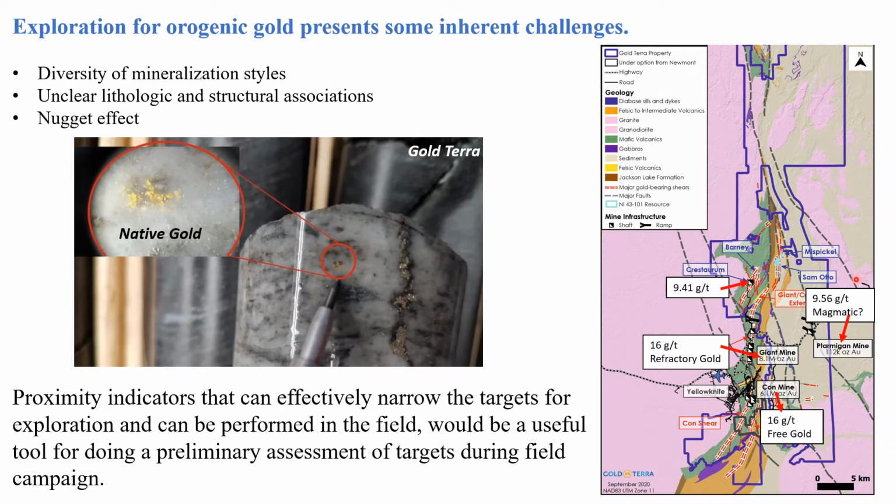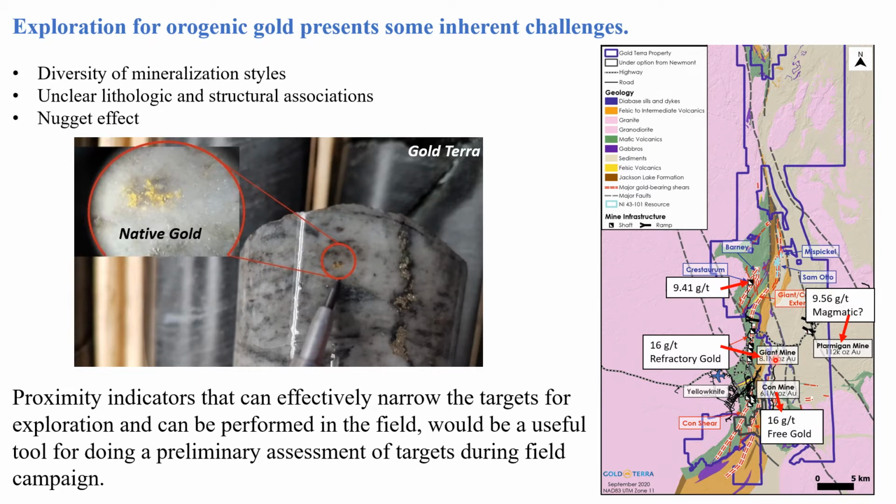This is the map of the southern part of the Yellowknife Greenstone Belt. Gold mineralization in the belt is a great example of orogenic gold. Some of the major deposits and their gold grades are shown. In the Con Mine, the mineralization style is mainly native gold and it is more structurally controlled. A few kilometers north, there is Giant Mine, where gold is in refractory style and it is believed to be